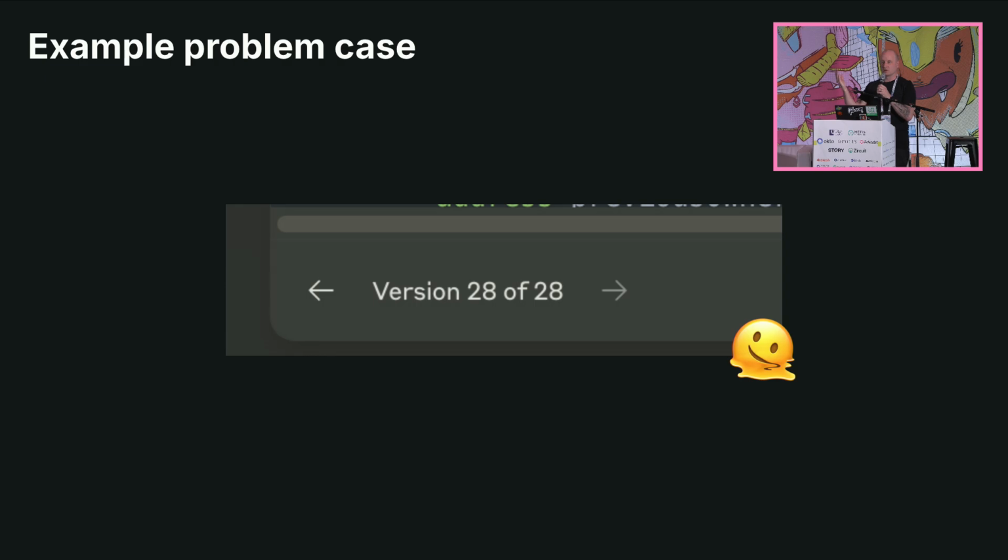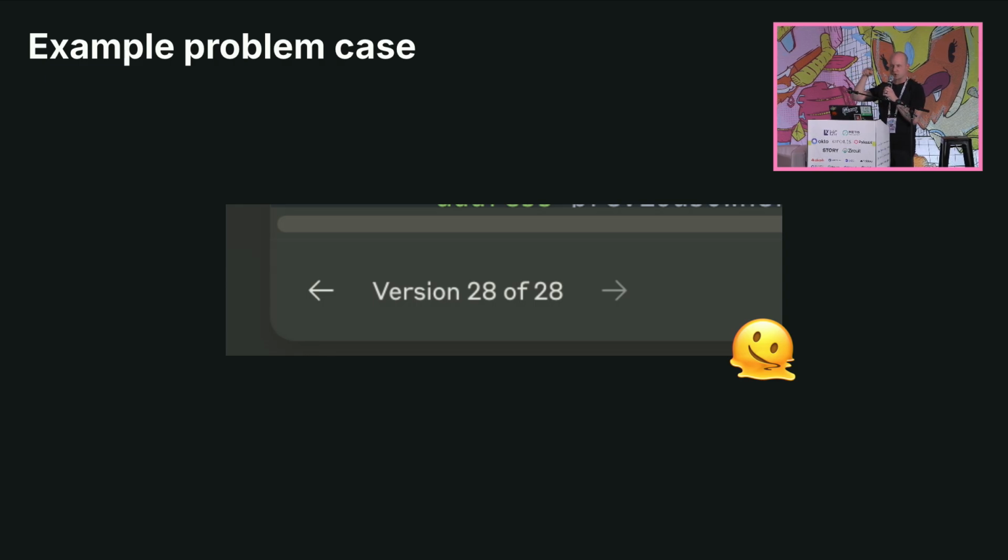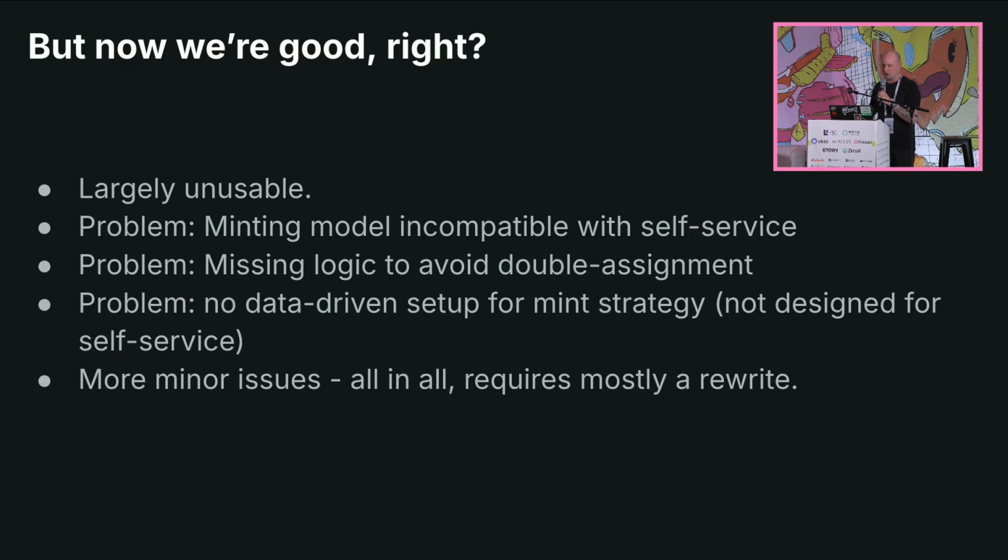So we're all good, right? It was a little bit more work. It would have been nice if that had been an agent. You would have just watched it loop 28 times and do the thing instead of me telling it. But at least we have some code, right? So we're good. Well, the problem is that once I got the code from it, I looked through it, and